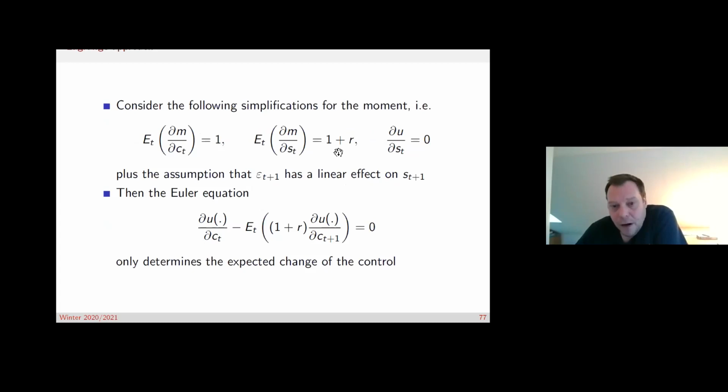We have this linear impact of the current state on the future state, and we assume that utility is not a function of the state itself. And we assume that the epsilon is also linear, as a linear effect on the s_{t+1}. So it would be like s_{t+1} is some function of the state that you're in today and the control plus some shock. Okay, and putting all this together